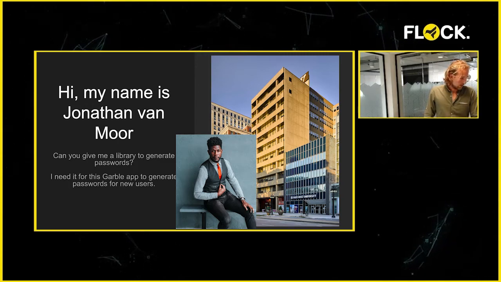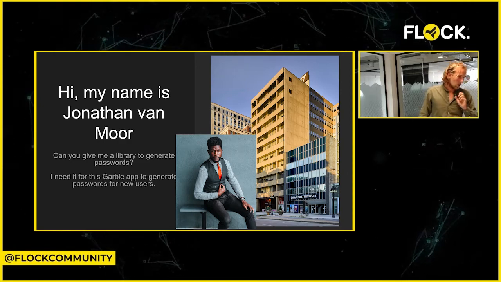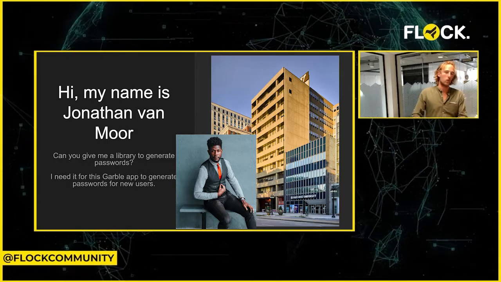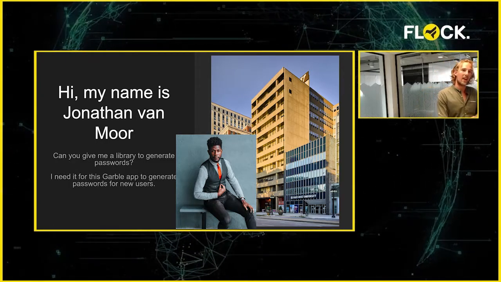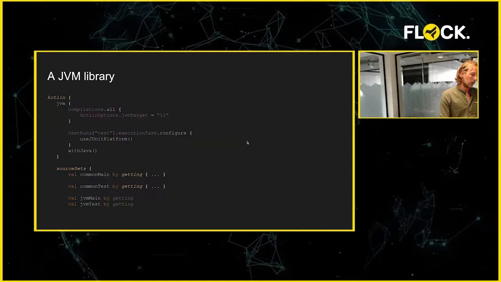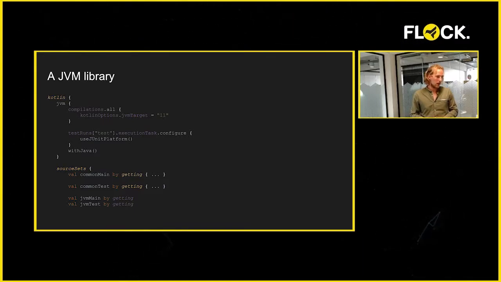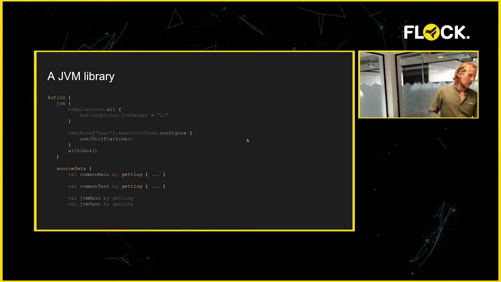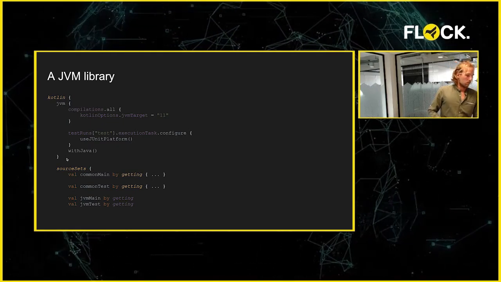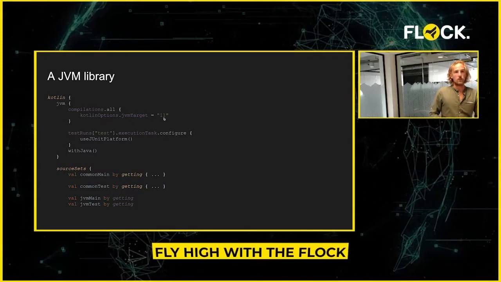Funnily, I know that Jonathan Van Moor has the initials JVM, and so I can assume that he's doing something with either Android or Java or whatever. So we're going on that assumption and say, okay, let's start implementing a JVM library. So now we're going back to our build Gradle file, and in the Kotlin section we say, hey, we want to do something with JVM. Okay, sure, we're going to do something with JVM. We're going to say that we need to target